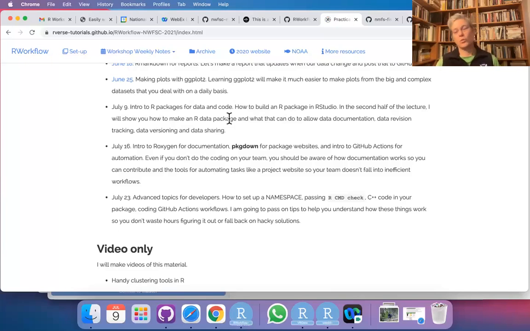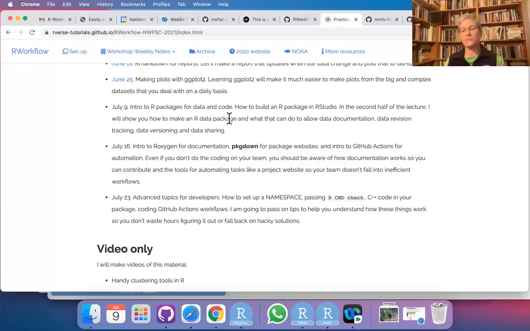And then the week after that, I'm going to talk about how to create a web page using pkgdown and how to apply NOAA branding to that. That's another really good one, I think, for everyone to see, just to open your mind to what's possible and how this can improve your workflow in your team, make your team more efficient,